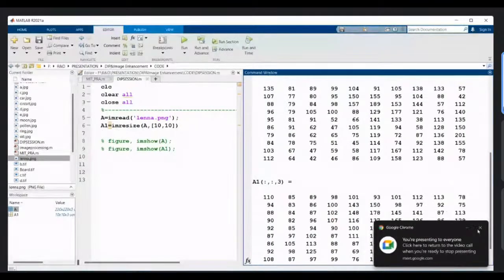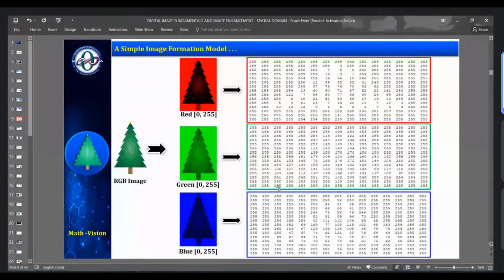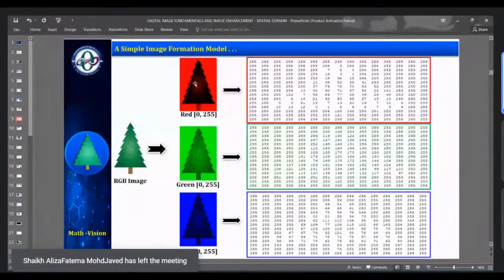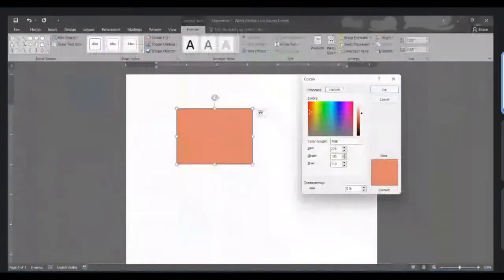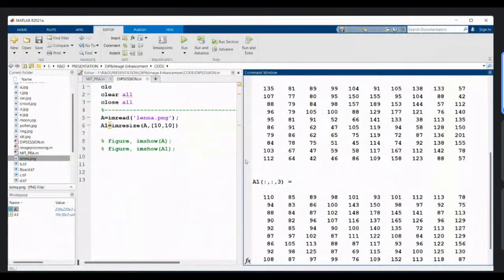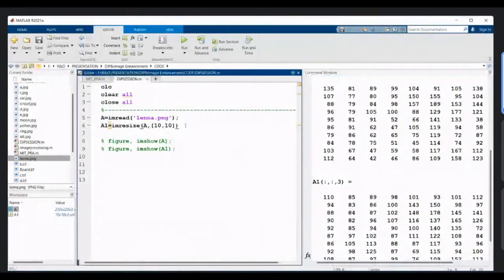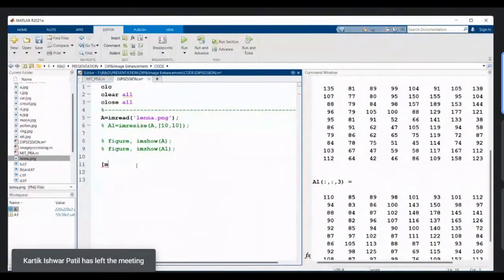Okay, now come to this slide. Suppose you want to see the R, G and B components separately displayed. Suppose I want to display them, I am closing resize, with an image. Then, what is the dimension of this particular image? You can say M, N, and the dimension is D,